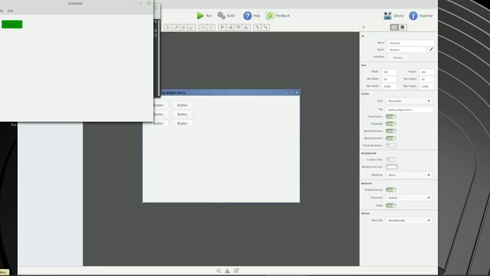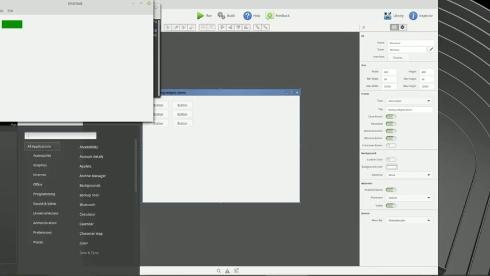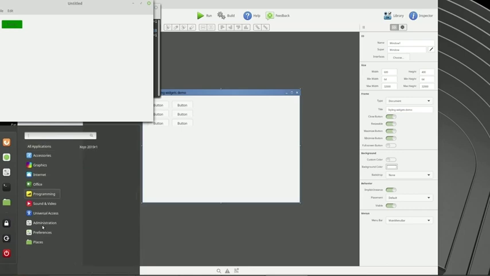So this might be different between distros, but on Mint, to enable high DPI, you would go in your preferences, under general,